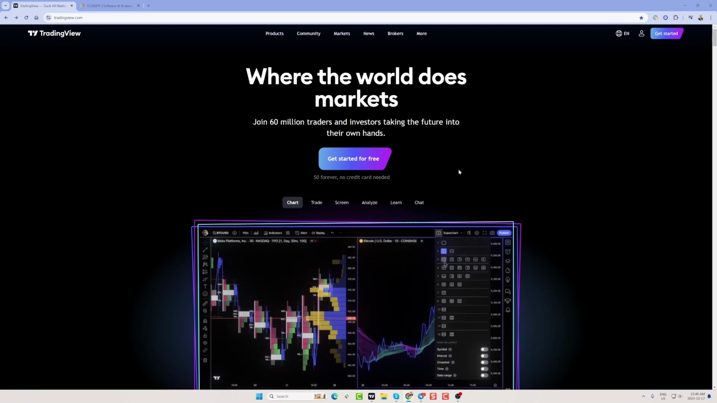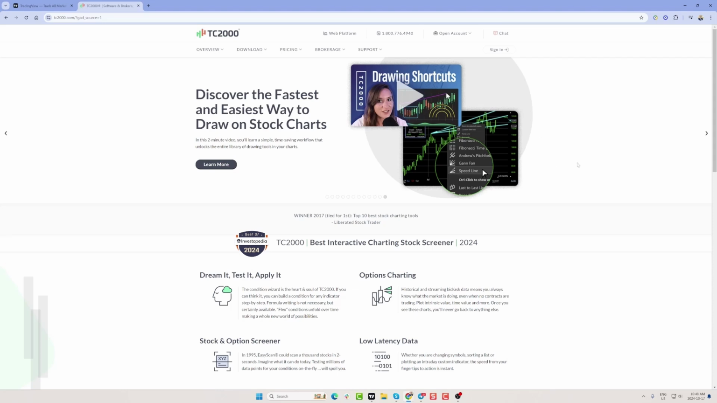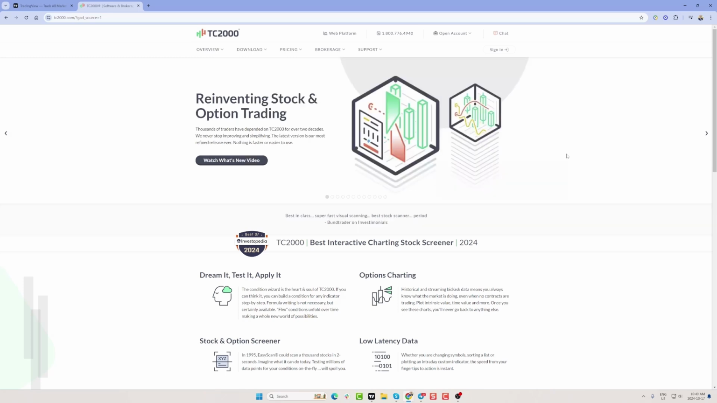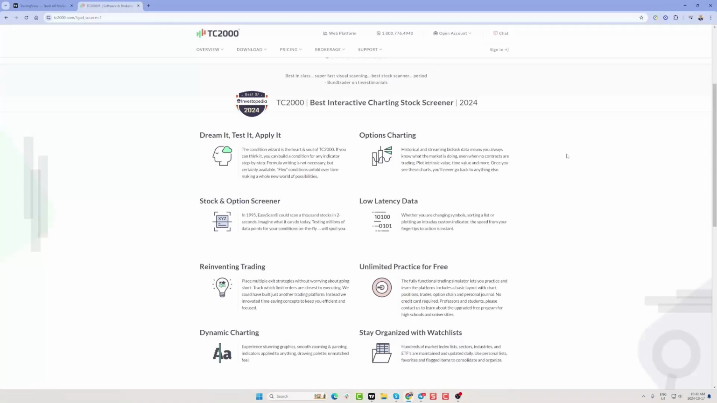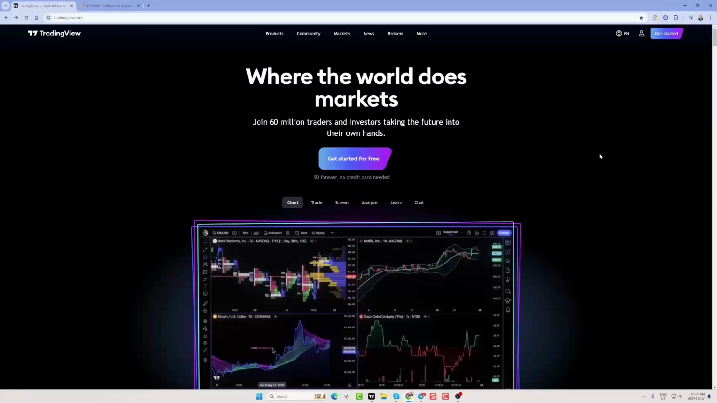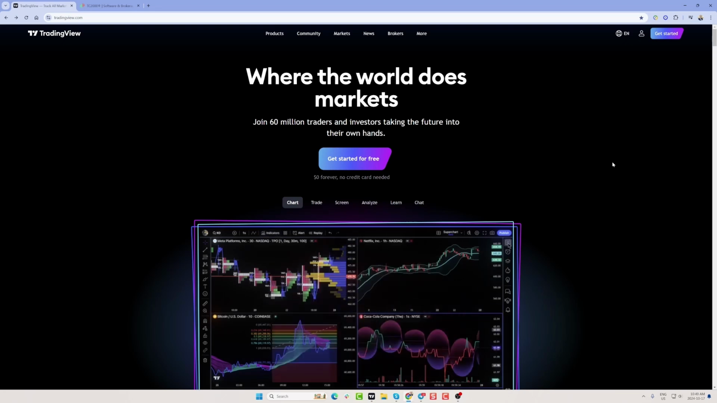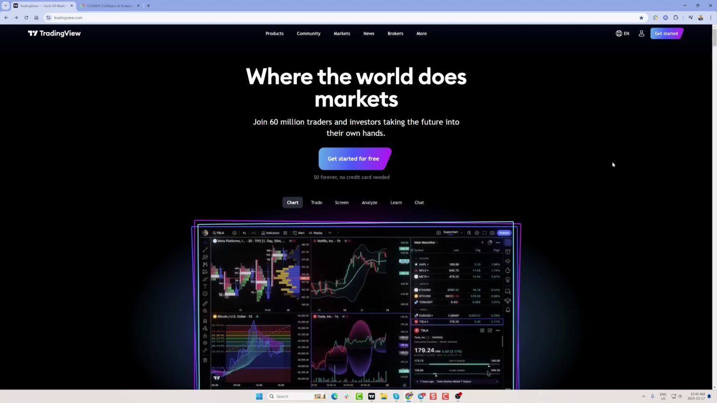Now, for those of you who don't know, I had previously been using TC2000. This is the trading platform that Dan had been using. And so when I came on board with Stock Market Mentor, I switched everything over to TC2000. TC2000 is great. There's a lot to like about TC. But I wanted a platform that I could trade stocks and crypto on at the same time and not switch between different applications. And that's one of the major benefits of TradingView, the amount of markets that you can